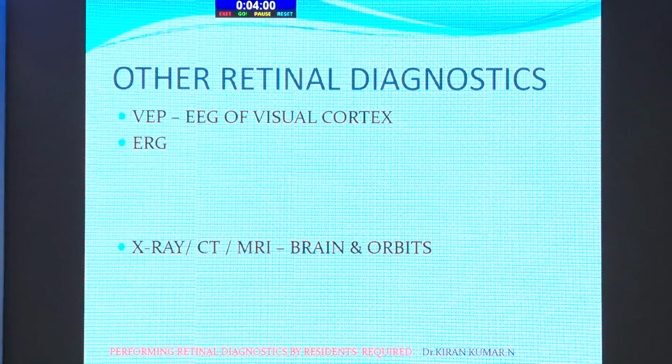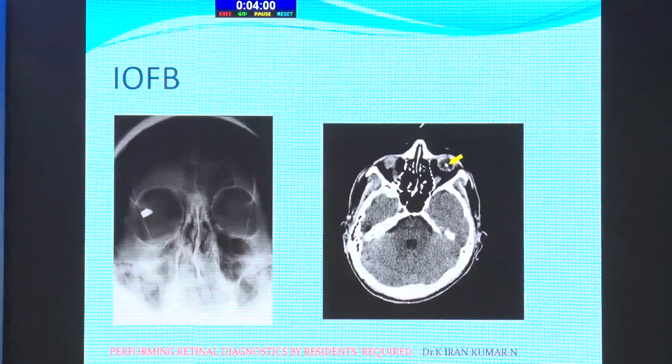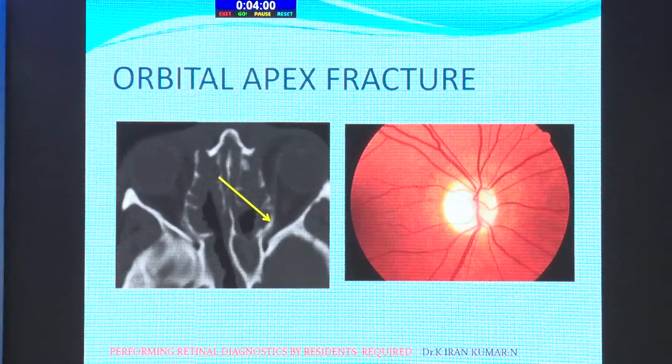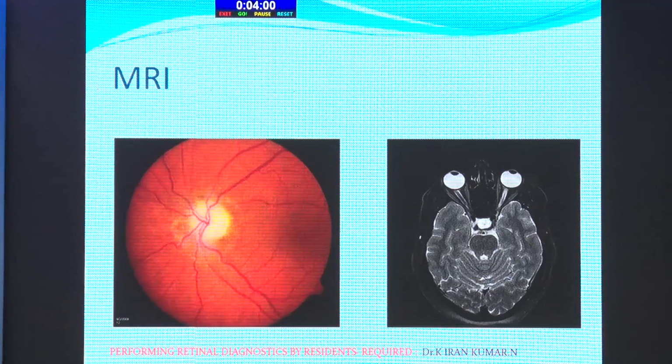And VEP and ERG interpretation, if some patient brings a printout of VEP or ERG, how to read it. Otherwise, only research institutes do this, not routinely. And retinal diagnostics include X-ray, CT, and MRI of brain and orbits to rule out foreign bodies. And this is a fracture of the orbital apex, which leads to optic atrophy. And MRI in case of thinning of the optic nerve, leading to optic atrophy. If we can learn a few of these things in residency itself, we can have more confidence